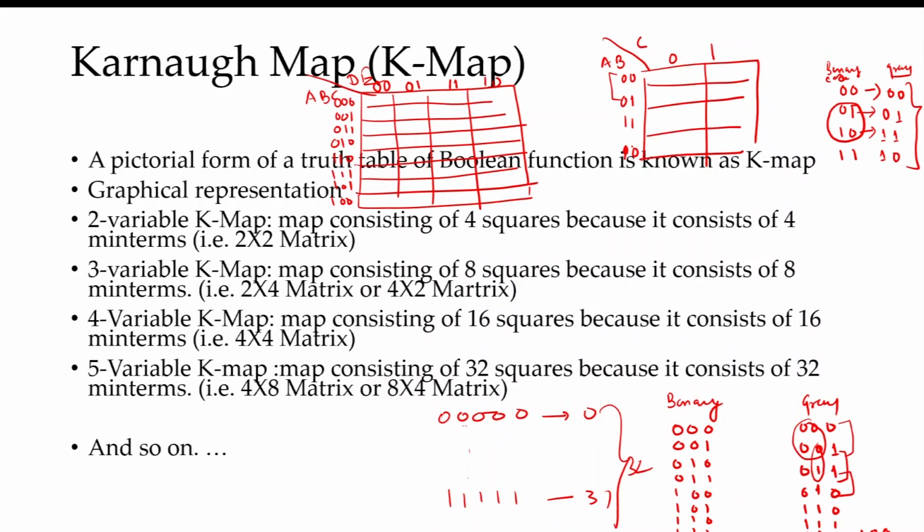And we know that in case of SOP, when some min terms are present in a function, this means in these particular min terms the output value is 1, and for the rest of the min terms which are not present in the representation of the Boolean function in SOP form, we consider the output value to be 0. Similarly, when the function is given in POS form, if some max terms are present in a function, then these max term values are 0 in the output table, and for the max terms which are not present in the POS representation of the Boolean function, we consider the corresponding value to be 1.